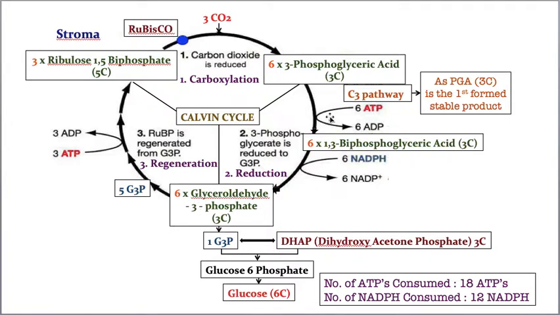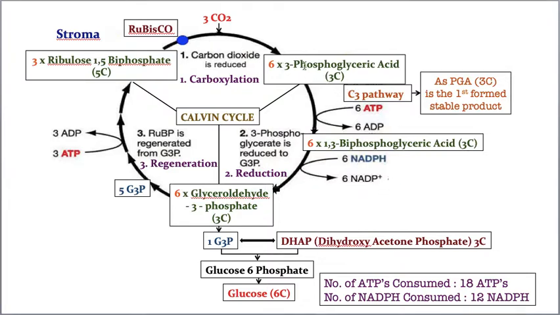Now, in this reduction reaction, ATPs are utilized. How many? Remember, 6 ATPs. And how many NADPHs are utilized? 6 NADPHs. Am I correct or not? So here both ATP and NADPH, where did we get them from? Remember? From the light reaction. So that is the reason why this dark reaction is also called the light reaction dependent reaction. I think now you clearly understood, because after seeing this you must have understood.